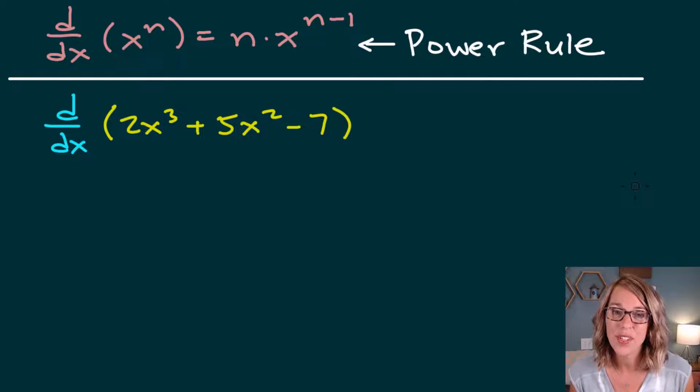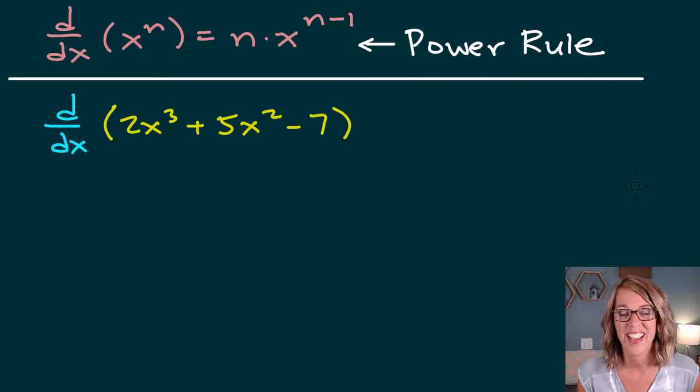Going to take you through some examples of derivatives of polynomials, including powers of polynomials. We're going to be using the power rule as we go through these. Let's go ahead and jump into this first example. In this first one, I've got the derivative with respect to x, that's my variable, 2x cubed plus 5x squared